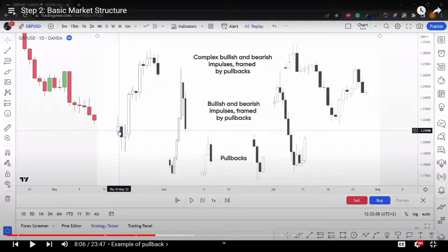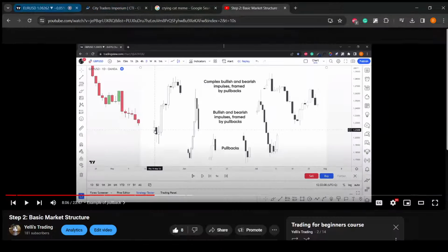This is one more example, and this is an example of a more complex pullback. We have a down move here, divided by these candles that didn't close with their bodies above the previous one. So we have one move here. The pullback starts only here. Okay,